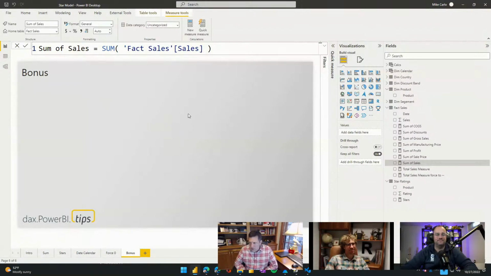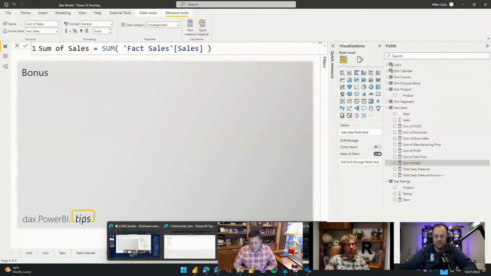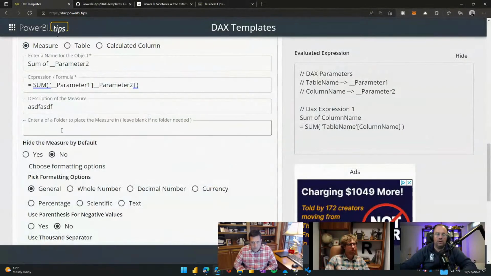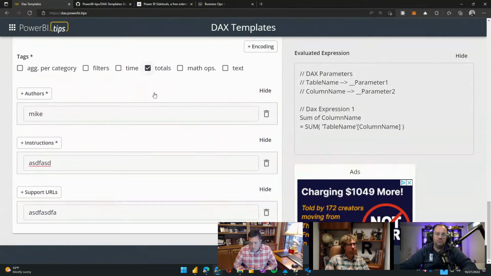Is there a limit to parameters? There is no limit. You could make as many parameters as you want. One thing we didn't go into is, if I go back to the tool here briefly, wherever I put it, I think it's here. One thing I didn't really explain very well, which I probably should have done a little bit better on,